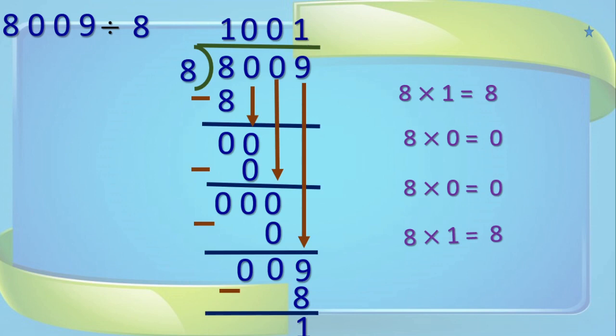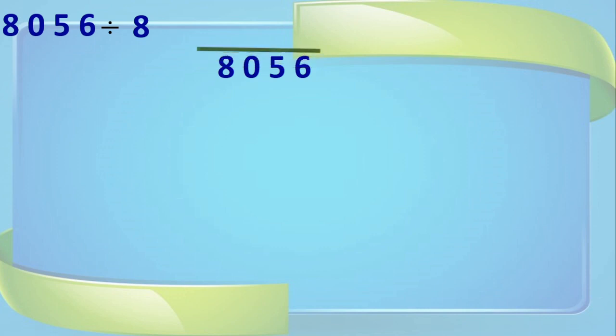Okay? See here, quotient is nothing but 1001. And divisor 8. Dividend 8009. And the remainder is 1. Okay? One more sum we will go through. 8056 divided by 8. See here. Again 8 is there. So 8 ones are 8. We can take